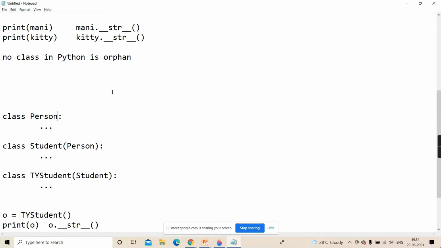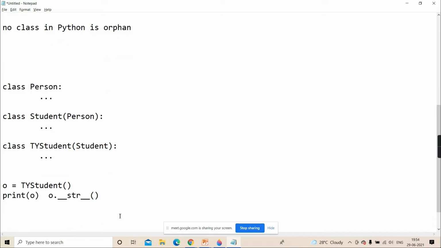And in the object class, this method is guaranteed. This magic method, double underscore str double underscore, is surely present in which class? Yes, guys? It will search in ty student. Not found, it will go to its parent. Who is the parent? Student. Not found, it will go to student's parent, person. Here also not found, so it will go to person's parent.